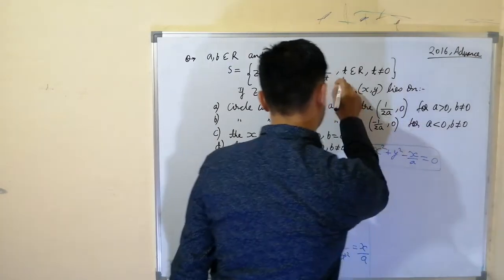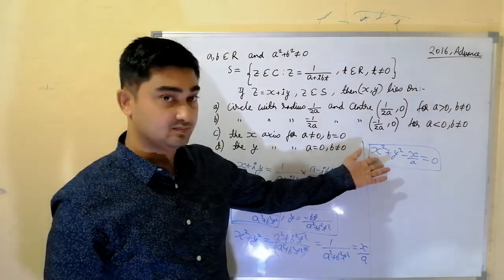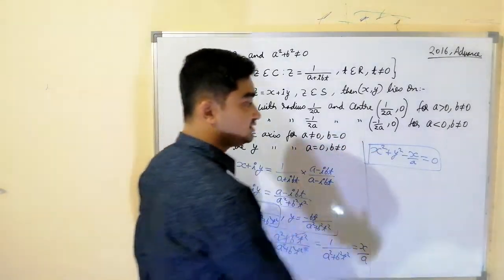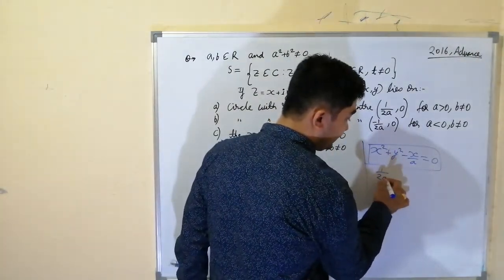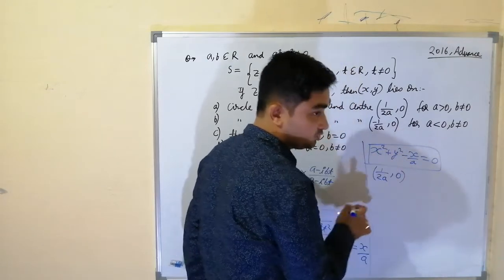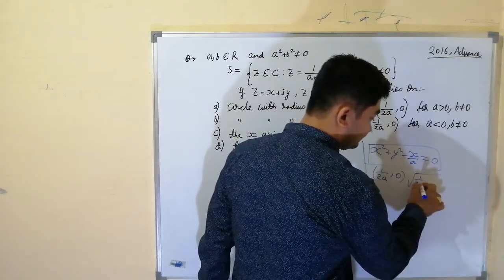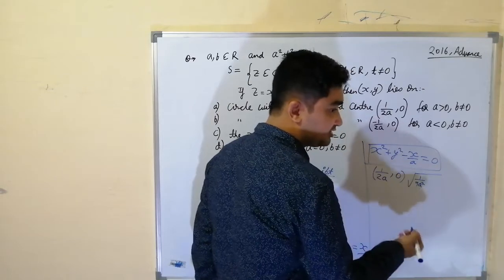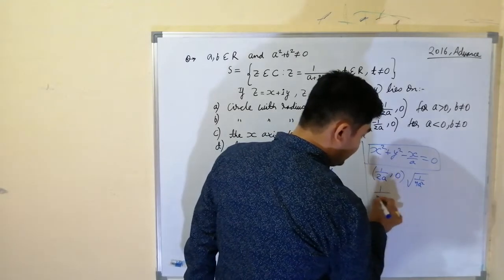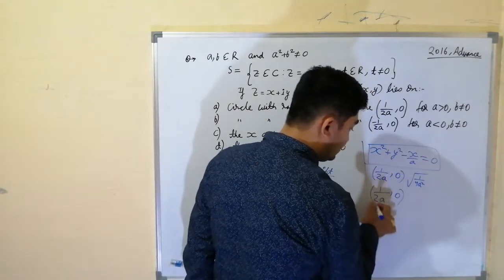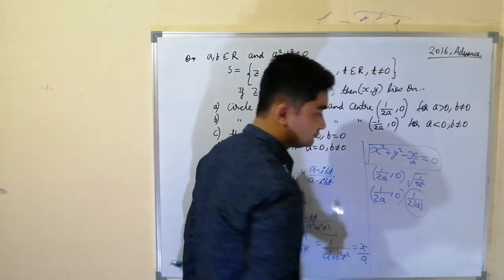Now we have converted this complex equation to the Cartesian equation, and all of us know it is the equation of a circle whose center is at minus g, which is 1 by 2a, comma minus f. There is no f, f is 0. So the center is this. What is the radius? The radius is under root of g square plus f square, which is 0, minus c, which is also 0. So this is the radius. So the given equation is a circle whose center is at 1 by 2a and radius is 1 by 2 mod of a. This is important.